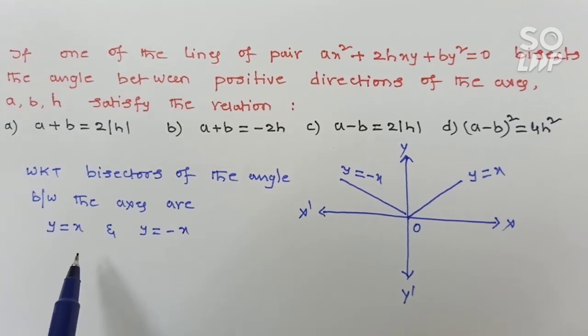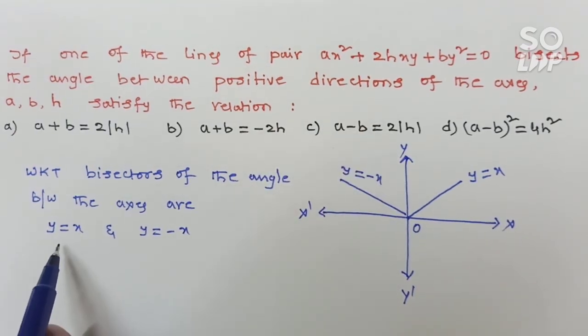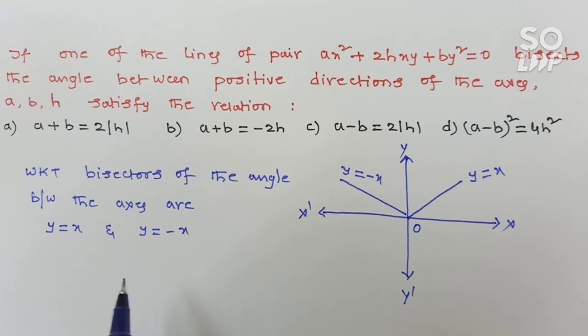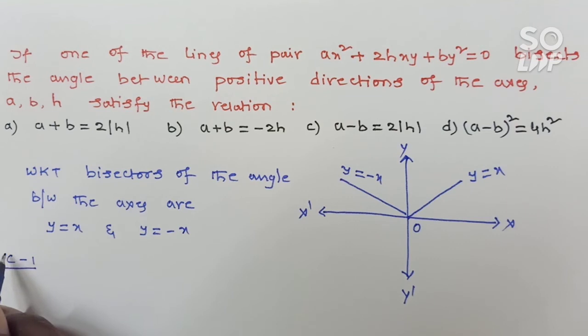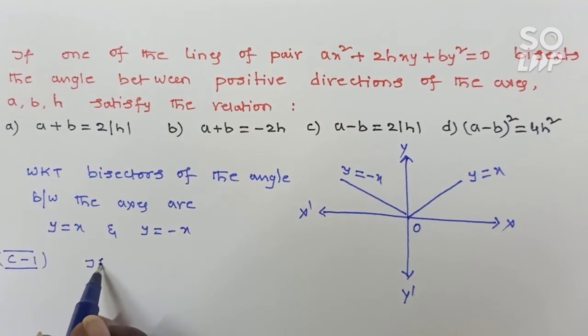So one of the pair of lines will be either y is equal to plus x or y is equal to minus x. Here two cases will be there. Case 1: if one line is